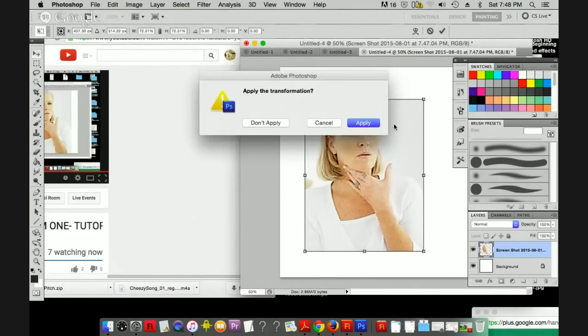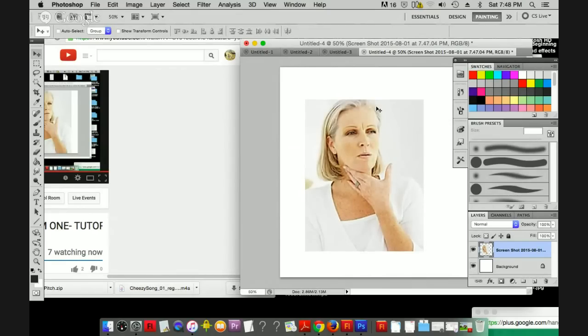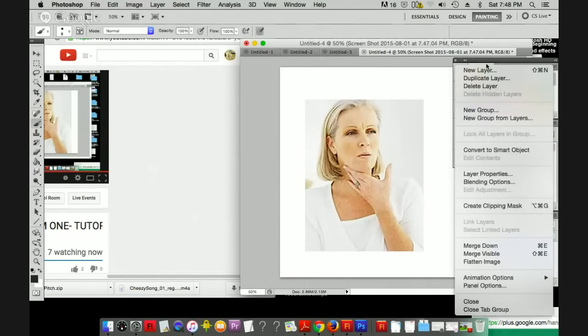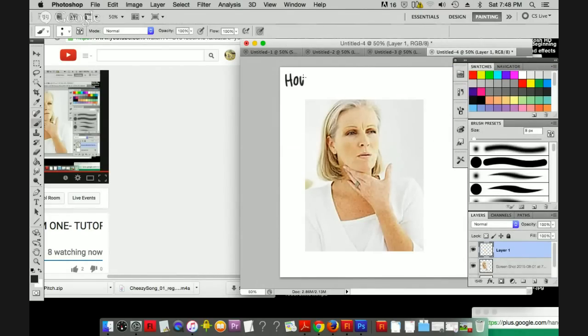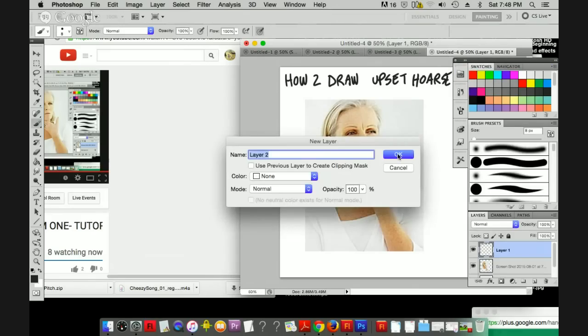So we have this woman, but right now she's just horse. She's not upset horse. So what we're gonna do, we have to label the first step: label the tutorial. How to draw upset horse. Okay, so what we're going to do is the main part of this picture that makes it upset horse is her